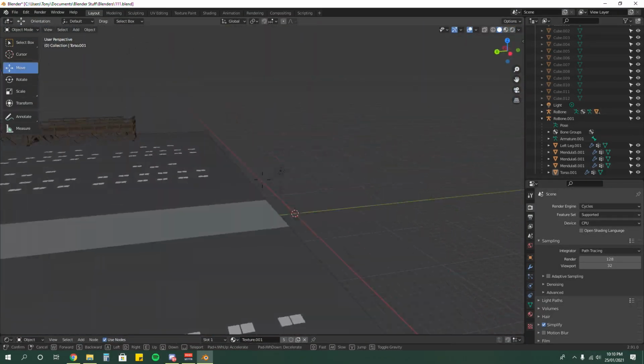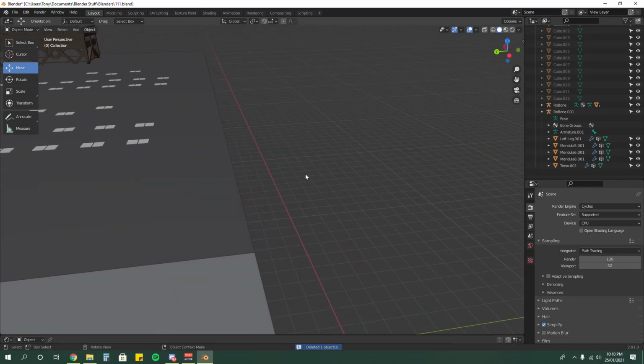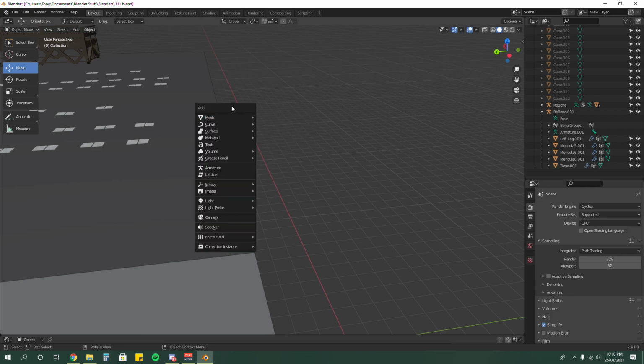Okay, next up we're gonna do the lighting. So you want to delete the default one because it's trash. Make sure you're in object mode, not in pose or anything, because it's not gonna work. Press Shift and A to open this menu. You can add any objects, your plane, cube.